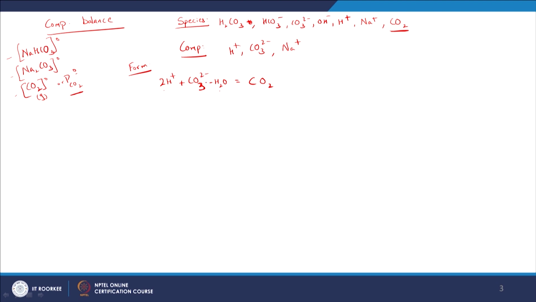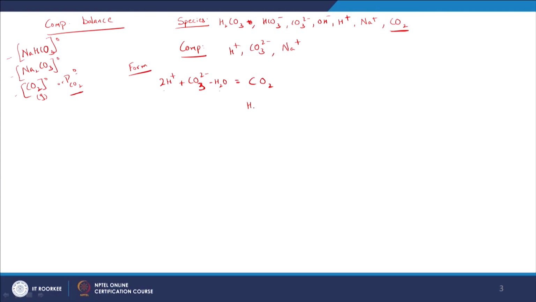Yeah, now that is fine. So we have 2H plus plus CO3 2 minus minus H2O, and we are able to use the building blocks of H and CO3 total and form CO2. So we do not need any additional component to form our new species,